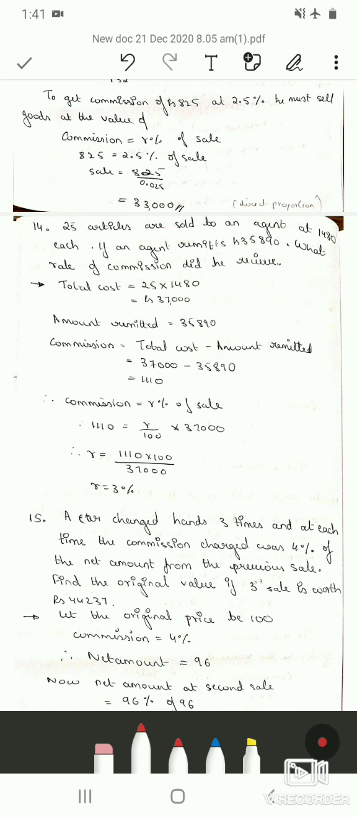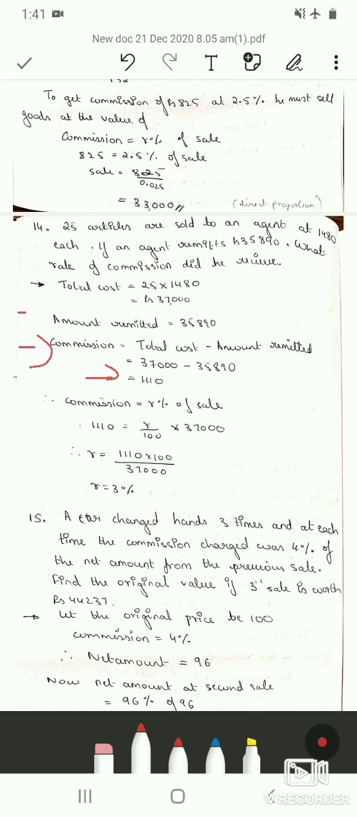So first they have given there are 25 articles which were sold to an agent at rupees 1,480 each. So the total cost was 25 into 1,480, which is rupees 37,000. And then they have given the agent remits rupees 35,890. So therefore commission is equal to total cost minus amount remitted, which is 37,000 minus 35,890, which is